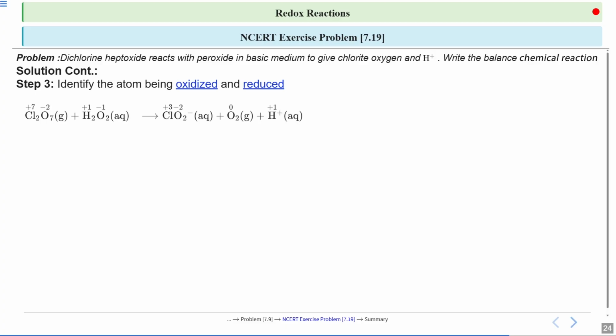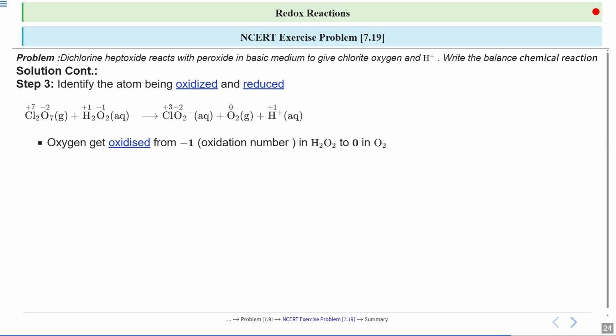So in this reaction, we can clearly see that in chlorine it is plus 7, while in the product it is plus 3. Same here, you will also clearly see the change in the oxidation number. So the oxygen is getting oxidized from minus 1 in H2O2 to 0 in O2,